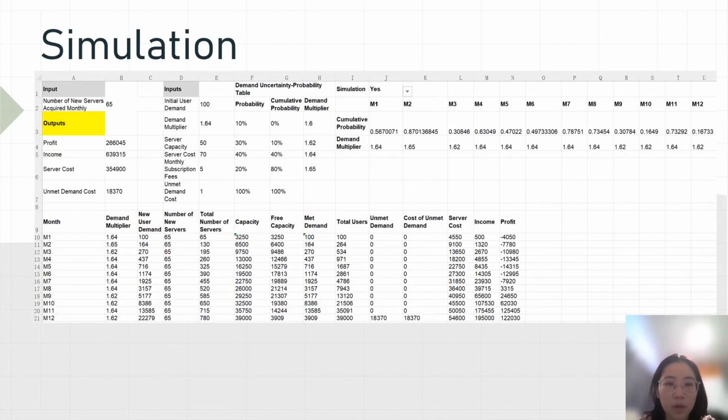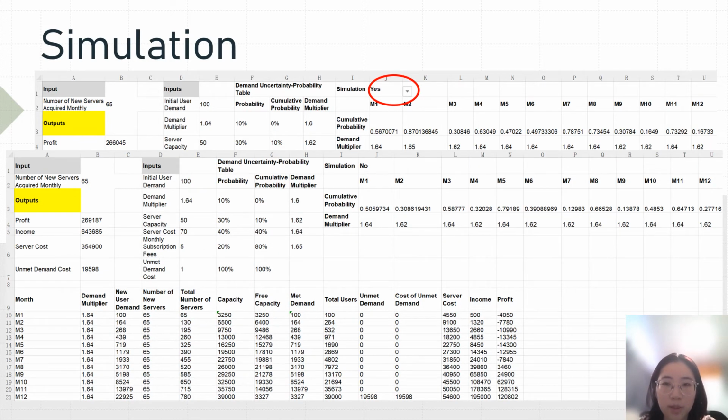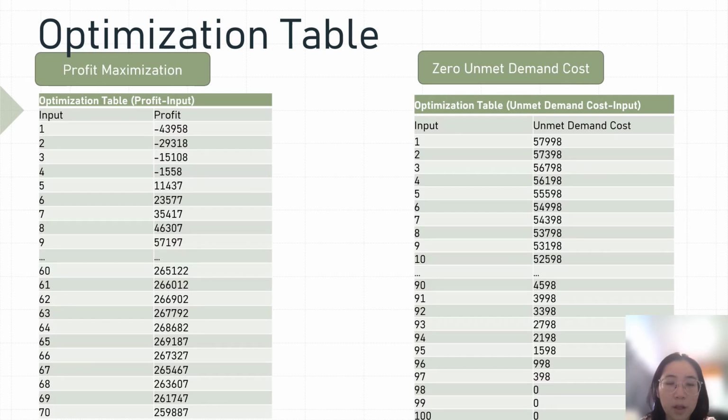Here is our model incorporating a simulation. You can switch between simulation and the non-simulation modes. It can help you to deal with the uncertainty of the demand multipliers and determine the optimal input. This is the optimization table under the 64% demand growth rate. It allows you to instantly test multiple inputs and show corresponding output so that you can decide the optimal input